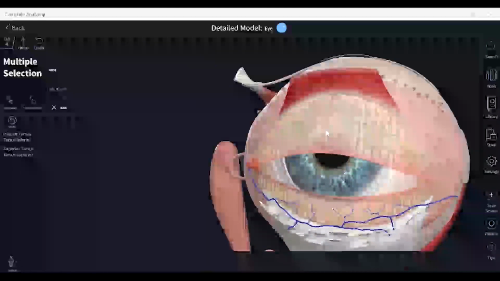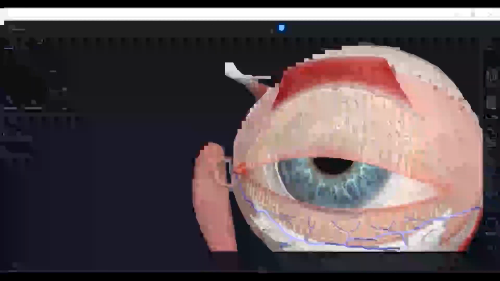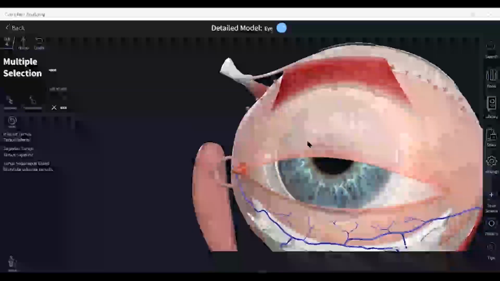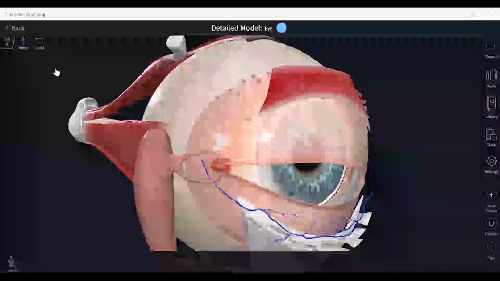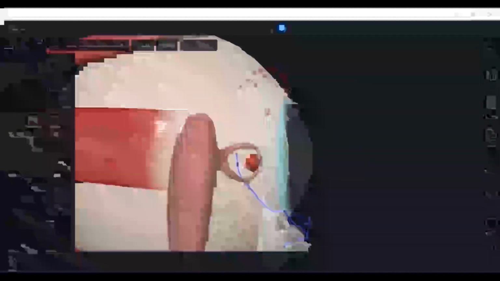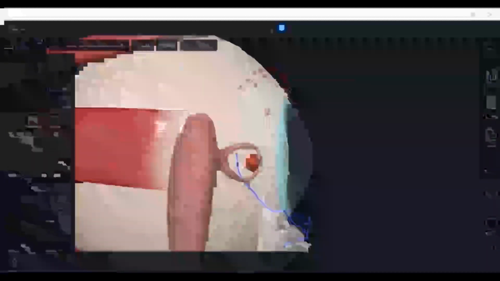Now beneath that, embedded within the tarsal plate will be the tarsal gland. So what remains here will be the conjunctiva. Here is the conjunctiva. Okay. There's the levator palpebrae, the superior tarsal muscle. Now if I see from the side, this is the cornea. This is the cornea, this is the sclera.